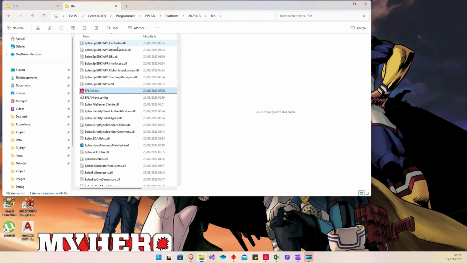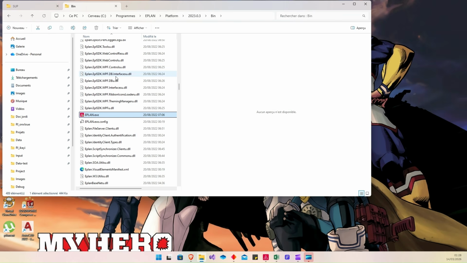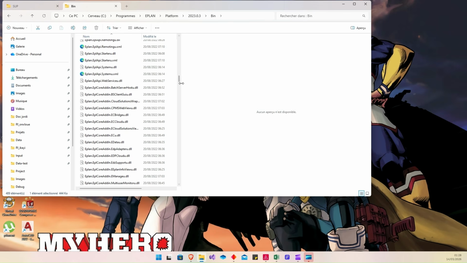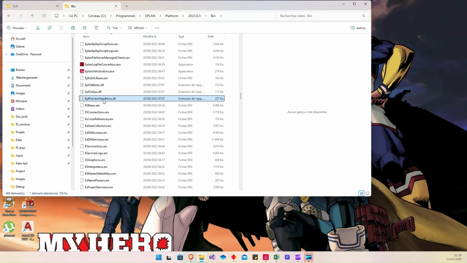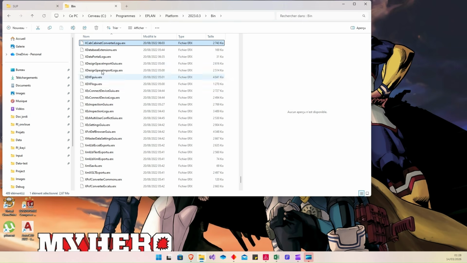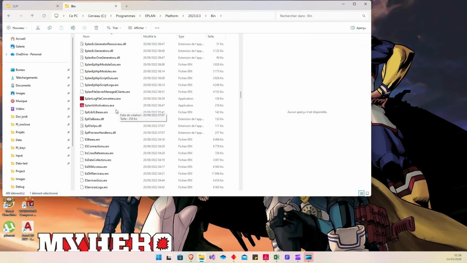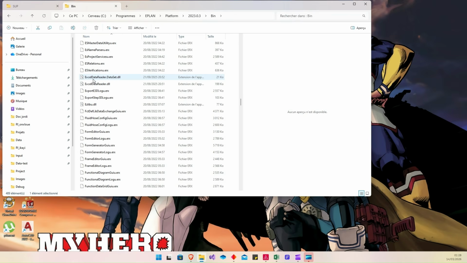Basically you go here into your bin folder, and here you need to paste the Excel Reader library. In my case, the Excel Reader library is there. You can see my two DLL files, Excel data reader, here. So we can go.